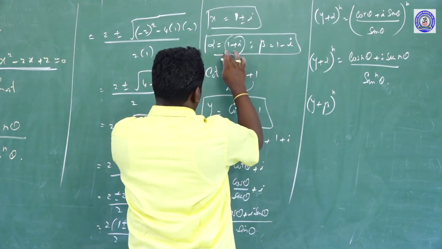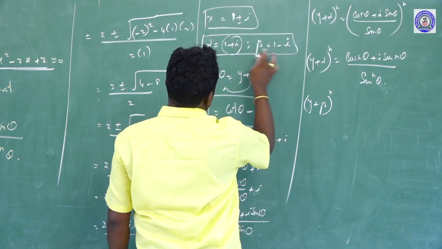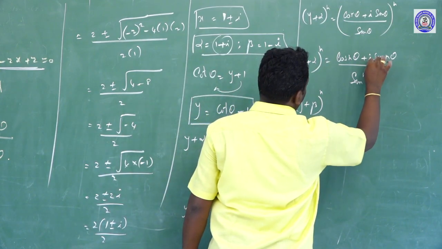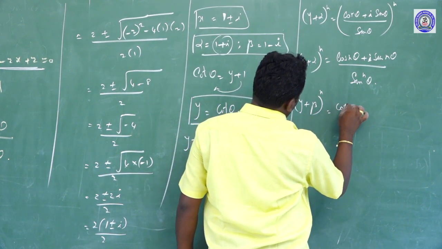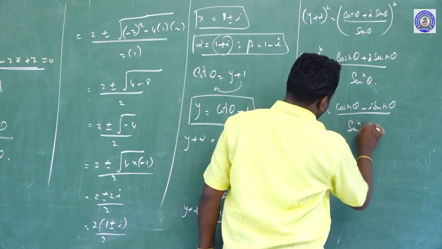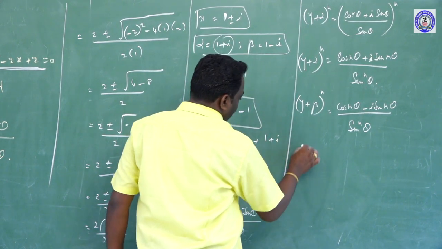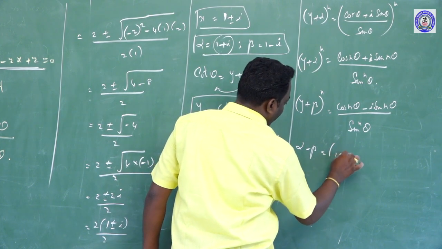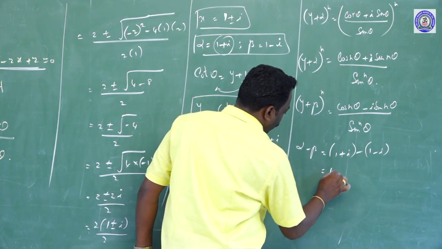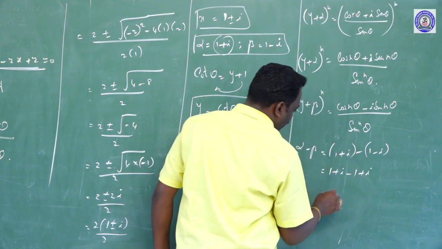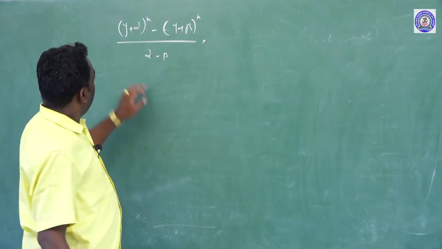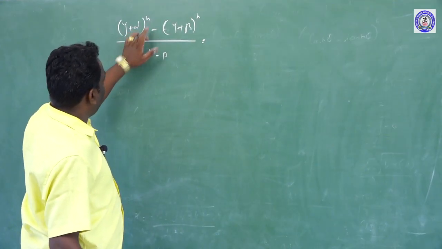Comparing alpha and beta, 1 plus i and 1 minus i, the difference is plus i and minus i. Therefore, we can simply write plus i as minus i. That gives (cos n theta minus i sin n theta) by sin power n theta. Next we find the denominator term, alpha minus beta. Alpha equals 1 plus i and beta equals 1 minus i. So 1 plus i minus 1 plus i: the ones cancel, and adding the two terms gives 2i.